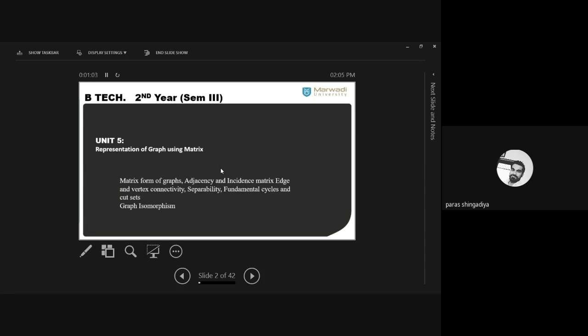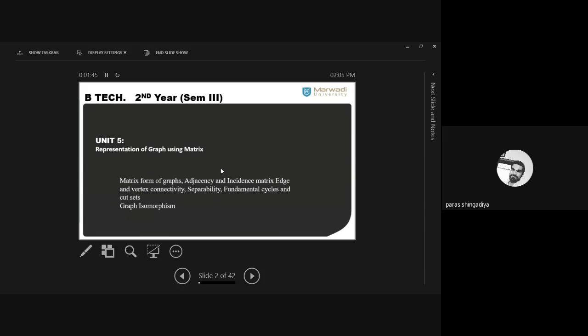Yesterday we completed unit number 4, the basic concepts of graph theory, where we covered all the basic part. Because we are learning graph theory for the first time, we didn't know what graph theory means, how we can define it, or how we can apply the result to verify any graph. So in unit number 4, we covered all the basic fundamentals of graph theory. We also learned it from an applications point of view, in the last topics such as Kruskal's algorithm and Dijkstra's algorithm. That is one application of graph theory, how we can implement it in real life and the engineering field and so on.